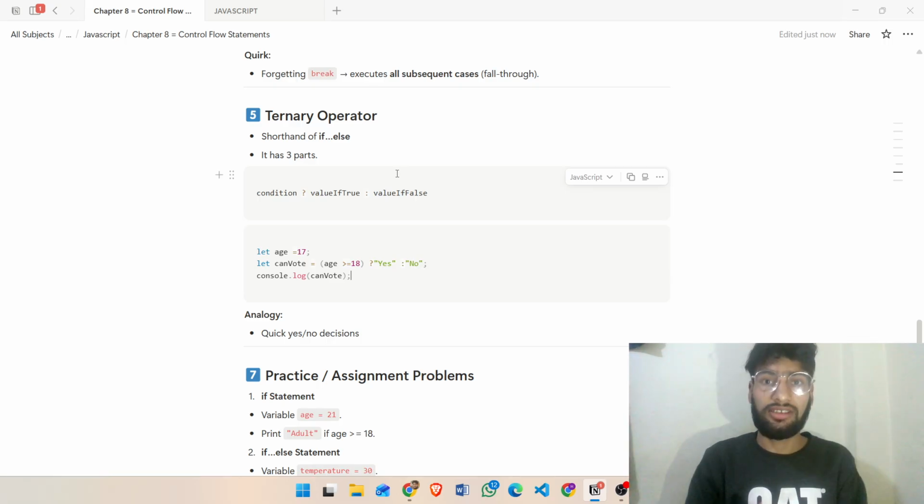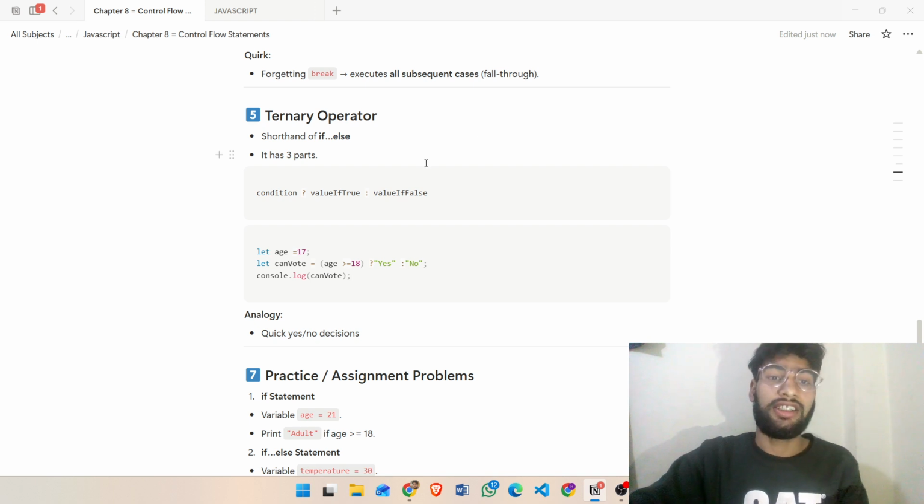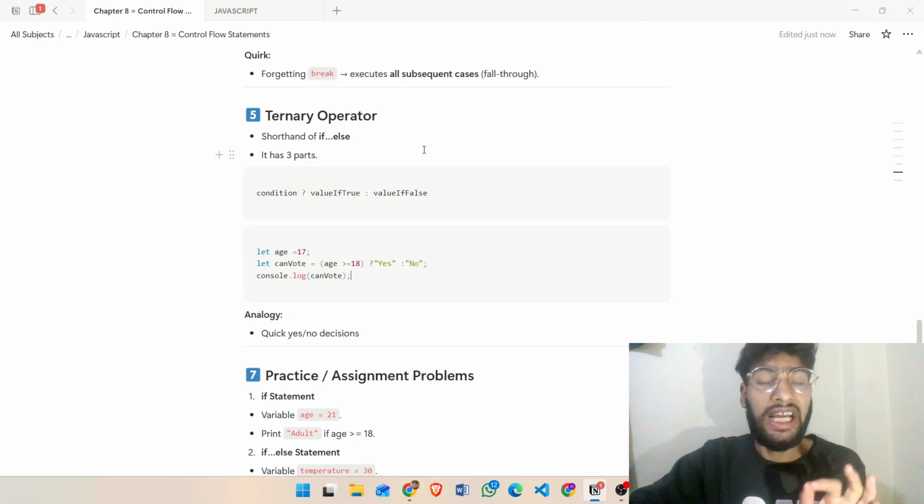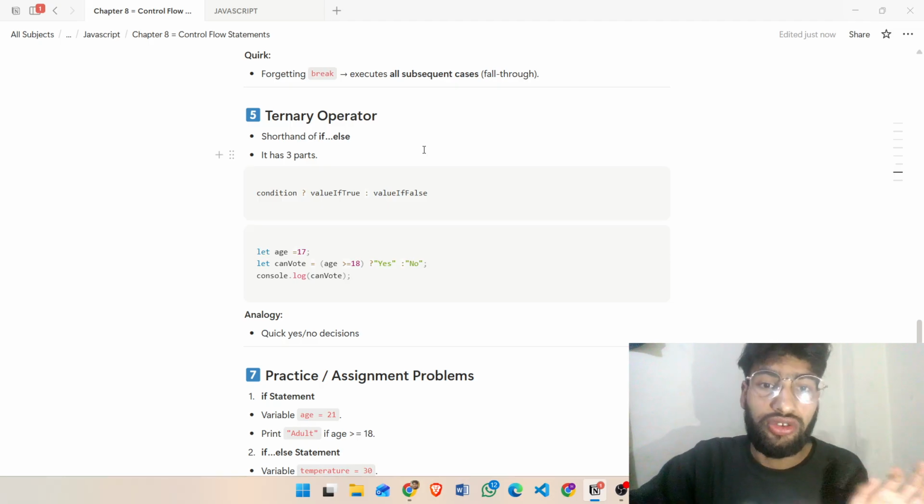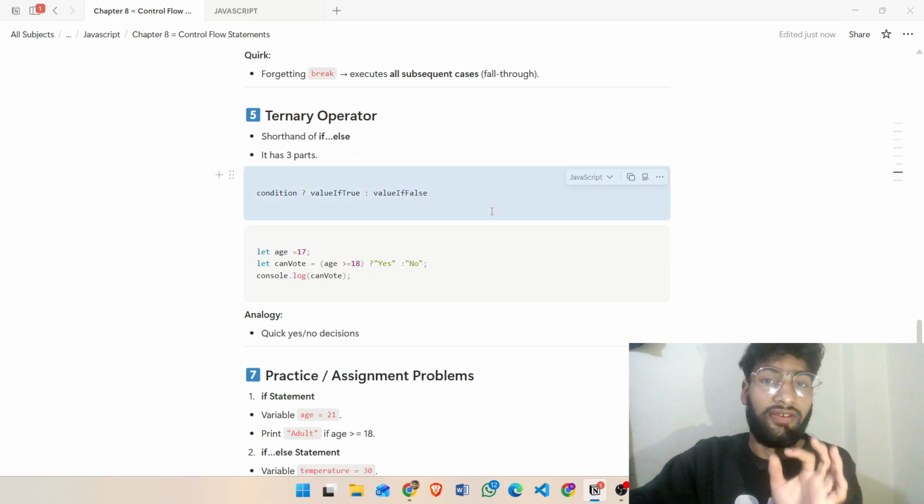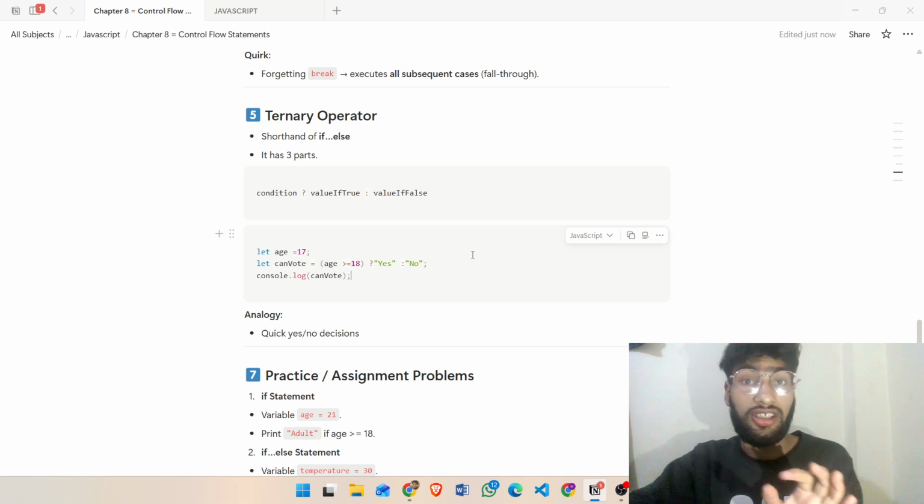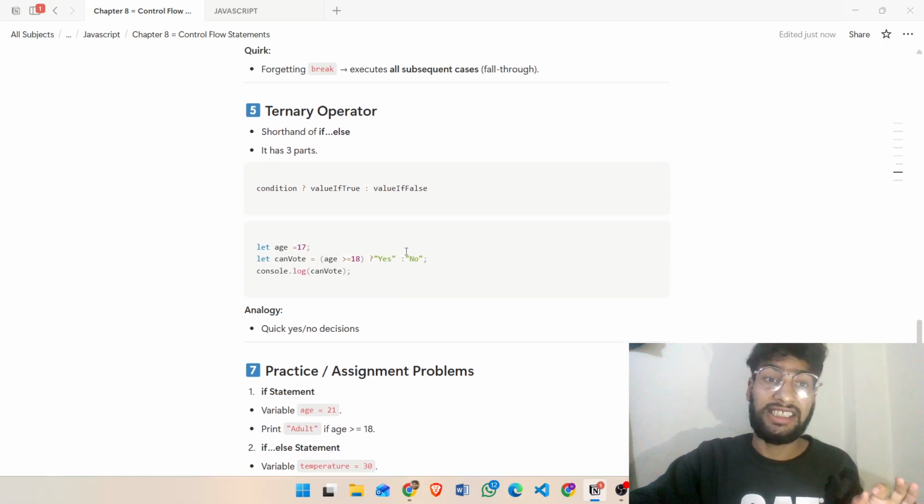Let's summarize quickly. The ternary operator has three parts: one is the condition, one is the true value, and one is the false value. If the condition matches, it prints the true value, and if the condition doesn't match, it prints the false value. And we can say this is the shortest way to write an if else condition. So that's all of